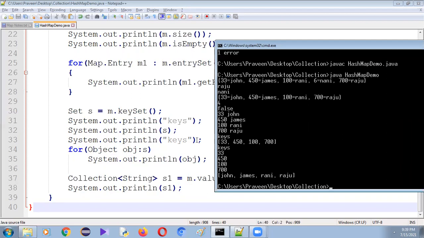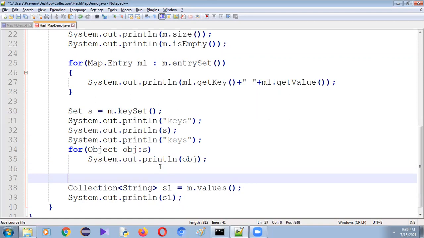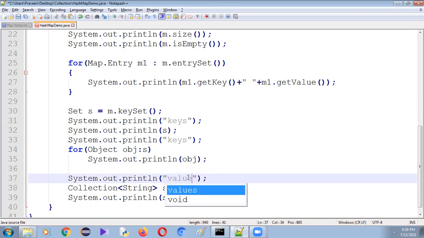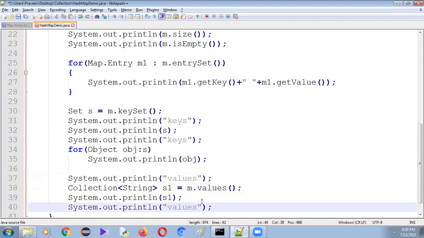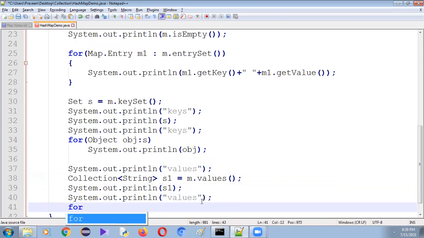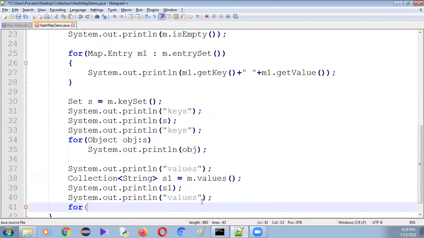Now I want to display only one employee name at a time. So again we have to use a for each loop. So what are these? These are values. Let me write the for each loop. So what is the generic we use? Here we use String.